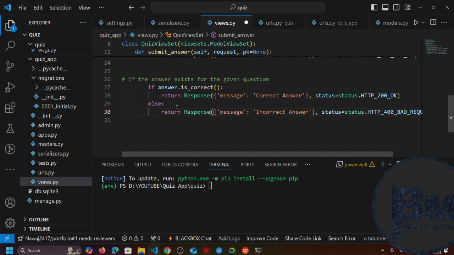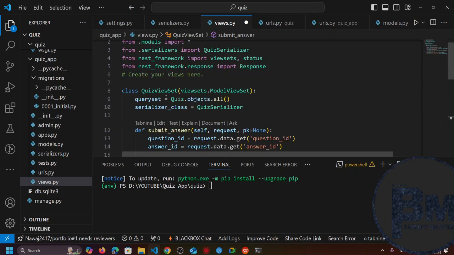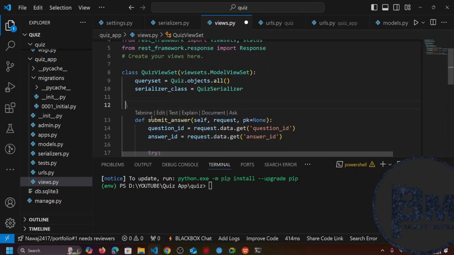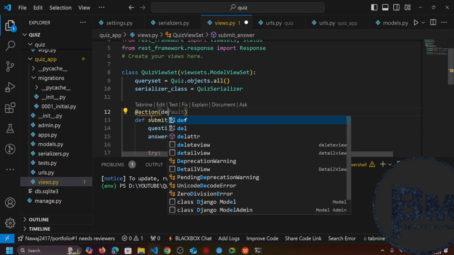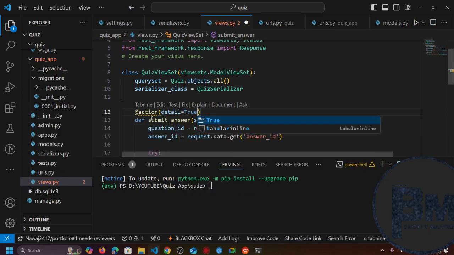Okay, so when the user clicks on the correct answer, it will show the message that the answer is correct, and if they choose the incorrect answer, then it will show the message incorrect answer. So here we also need to define the action. So let's include here, write action and define detail equal to true, and method should be post. Okay, let's save it,